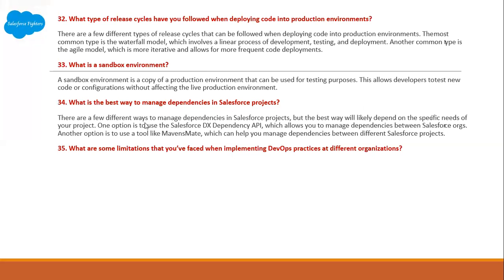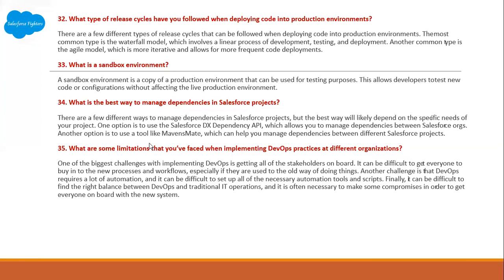There are different ways to manage dependencies in a Salesforce project, but the best way will likely depend on the specific needs of your project. One option is to use the Salesforce DX dependency API, which allows you to manage dependencies between Salesforce orgs. Another option is to use a tool like Metadata API, which can help you manage dependencies between different Salesforce objects. Next question: